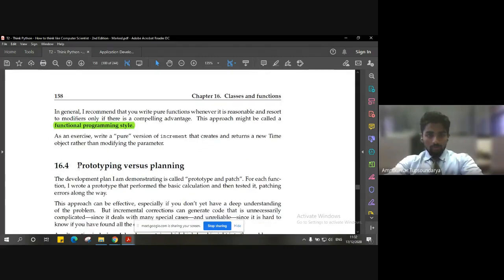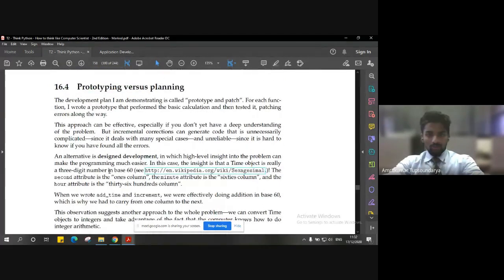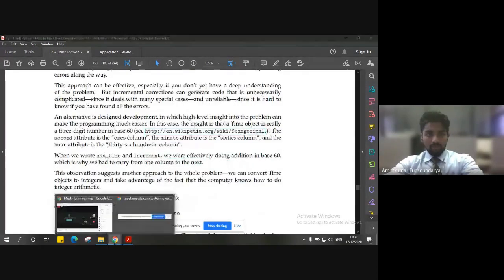So, prototyping versus planning: there is not much to be discussed about prototyping, as you just saw an example of what a prototype would look like, and what the difference between prototyping and planning is, right? You can also visit some of the links provided by the author. He has a GitHub account as well, wherein he has dumped all the programs that he has discussed with respect to more such problems in a similar context, right? So you can have a visit there. Let me show you that also.